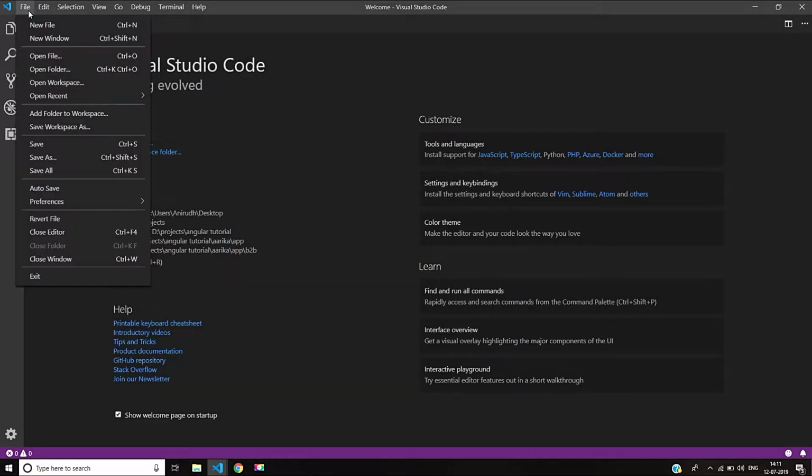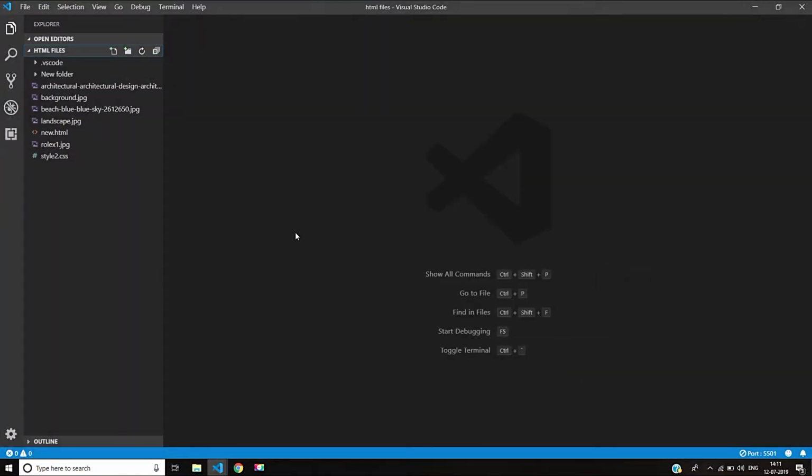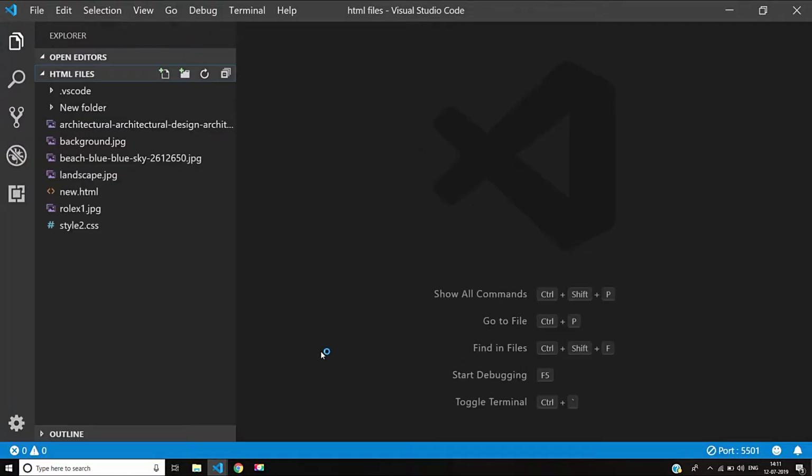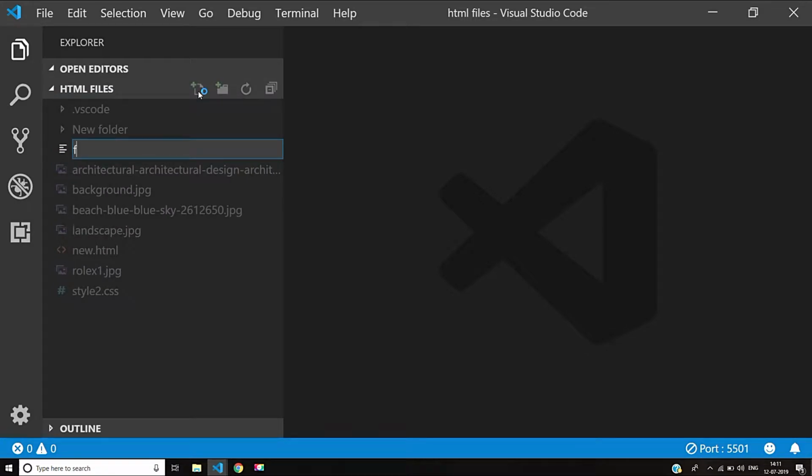Go to File and open the folder where we will create our HTML file and CSS file. This folder I am selecting. Select folder, and you will get this window. So we will create a new file. I'll name it form.html,